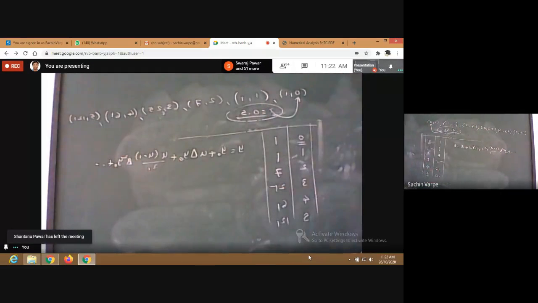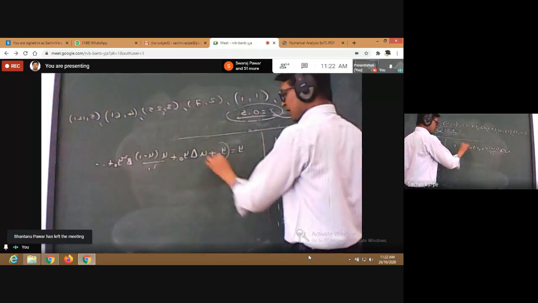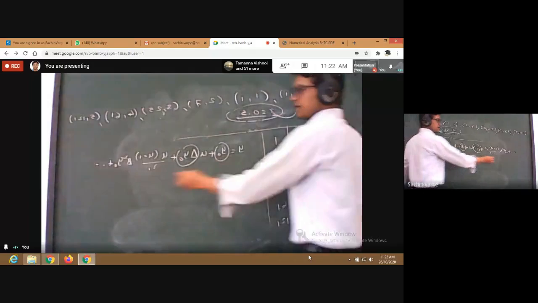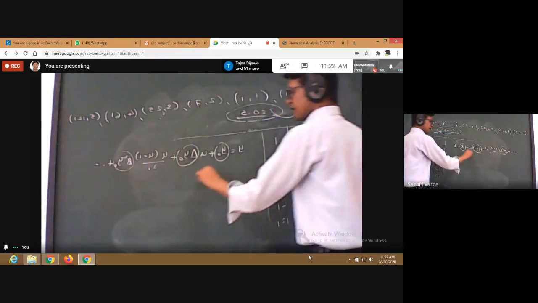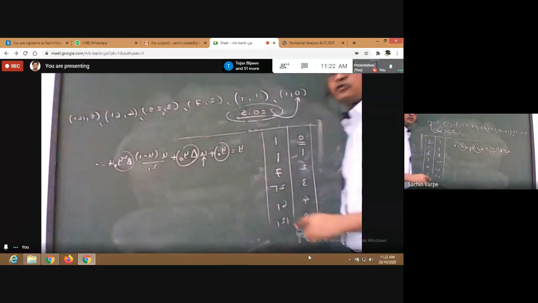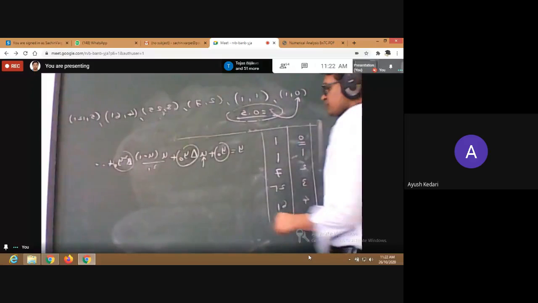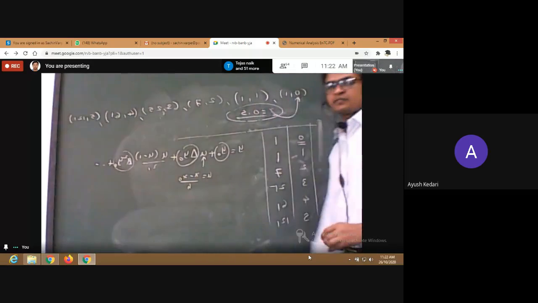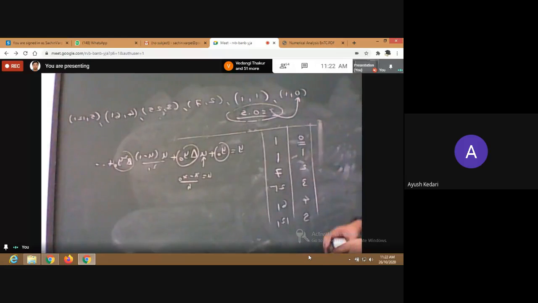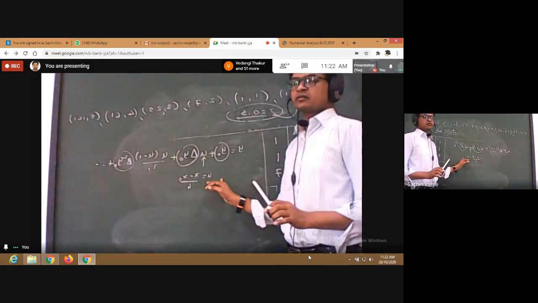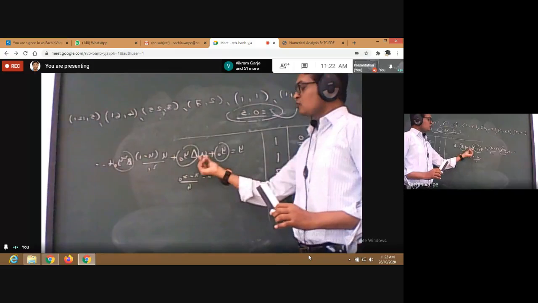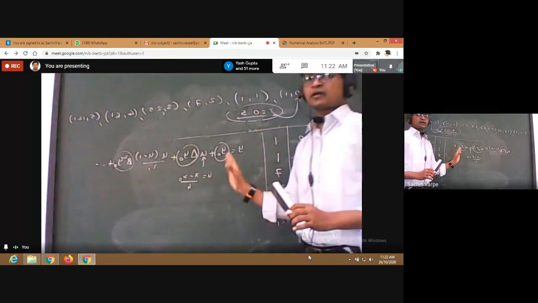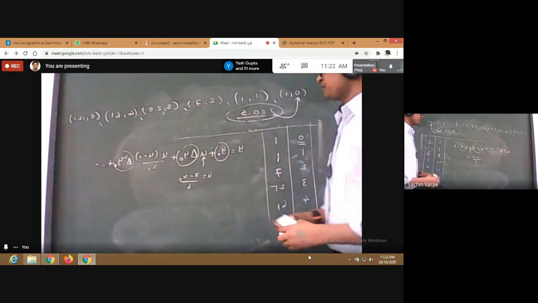Is it clear? From this formula, y naught is given. I can get delta y naught, delta square y naught and so on from the difference table. And how to get u? What is the value of u here? u is equal to (x minus x naught) upon h. If you just learn it like this, you will definitely forget it. You'll have to check how and why we are writing this formula. Try to expand those yourself once.